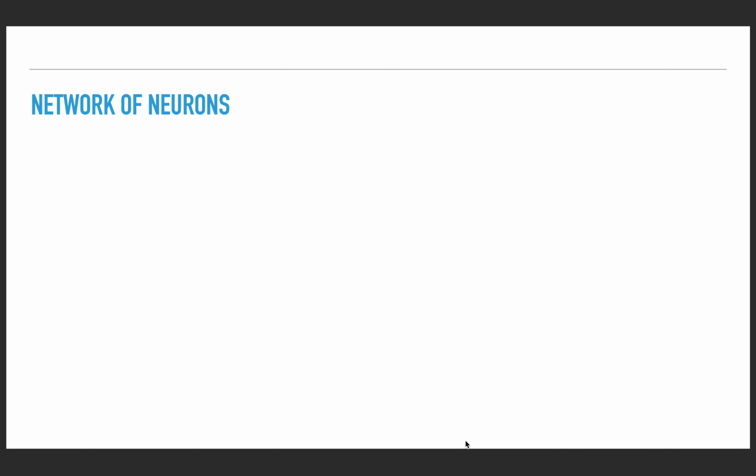What is a neural network? A neural network is a series of algorithms that endeavors to recognize the underlying relationships in a set of data. So it tries to mimic how our human brain works. It can adapt to changing input, so the network generates the best possible result without needing to redesign